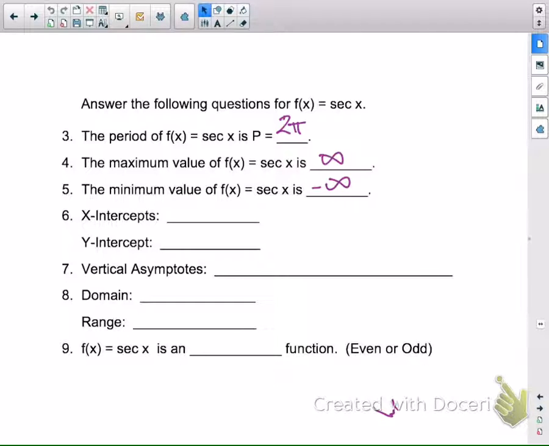X-intercepts? None. Now y-intercept on this is what? 1. Vertical asymptotes, you need to pick one of them to start with. Any one is fine. I would probably pick the first positive one, which is what? Pi over 2, and how often do they happen? Every pi. Because it goes from pi over 2 to 3 pi over 2, which is adding 2 pi over 2